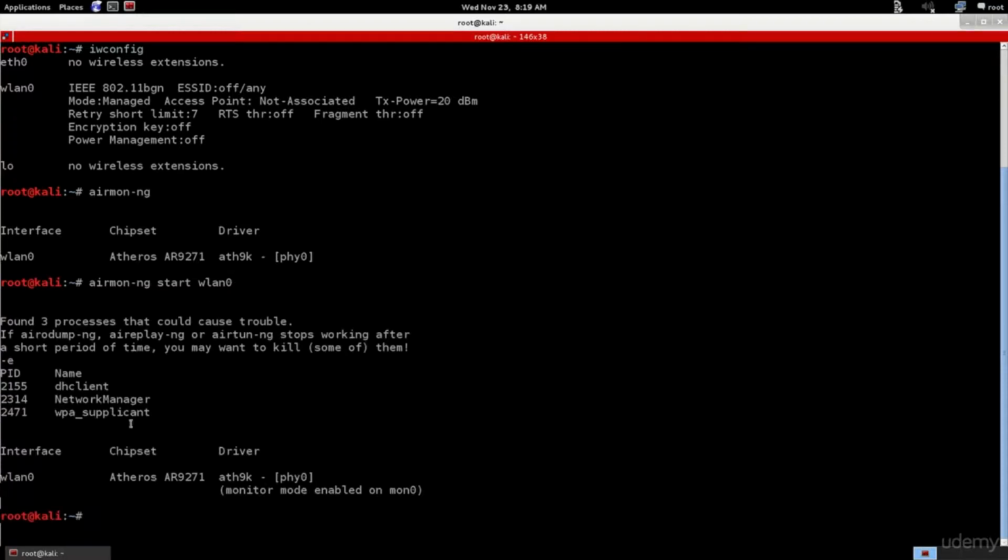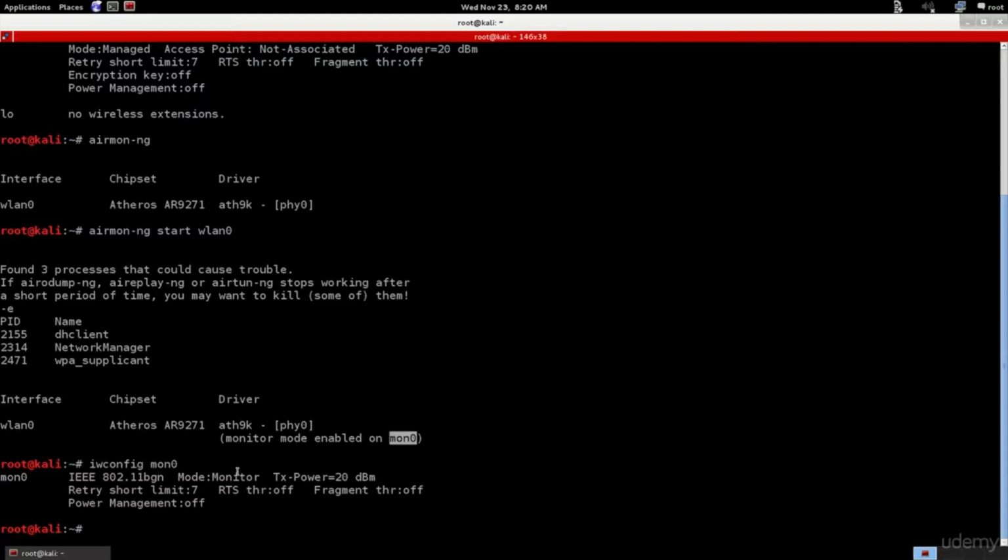And as you can see now, it's telling me that monitor mode is enabled on mon0. So now whenever I want to use monitor mode, I'm going to specify mon0 as the interface, and you'll see that in future lectures. For you, maybe you'll not get the same name. It'll probably be called LAN0 mon or something else. It doesn't matter. Just make sure you use the name which monitor mode is enabled on in the future instead of mon0 for me. So if I do iwconfig mon0,